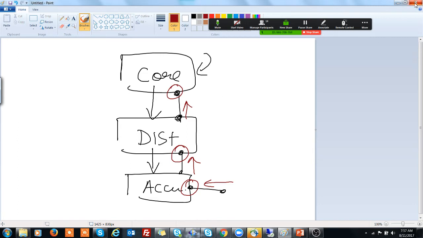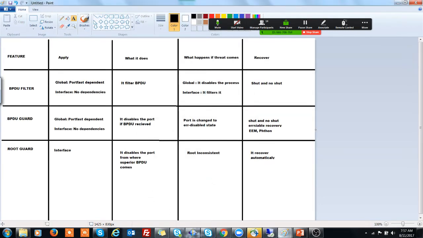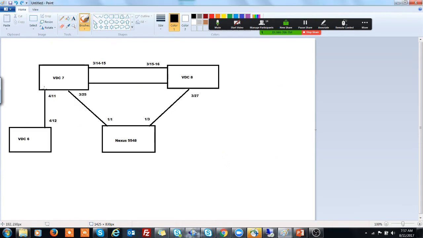So now in that condition, if I go back to my topology and implement root guard over here, and if I send a BPDU, in spite of BPDU guard disabling that port, this time the port will be put into root inconsistent port mode. When we put things in an err-disabled state, that interface is never available for any kind of data traffic. But when it comes to root inconsistent port mode, it is still available for data traffic. The only error we get on that port is root inconsistent port mode.